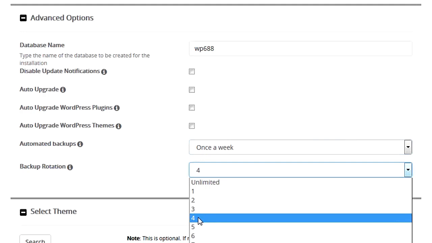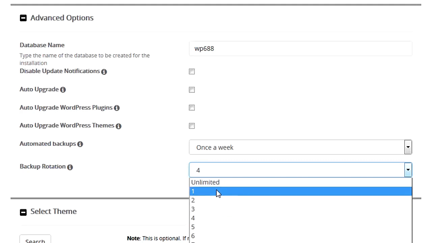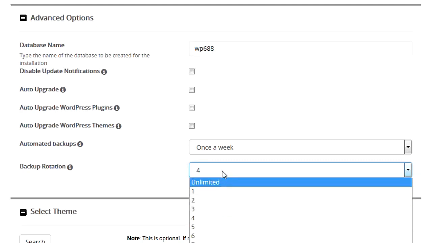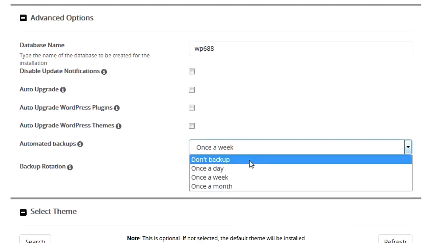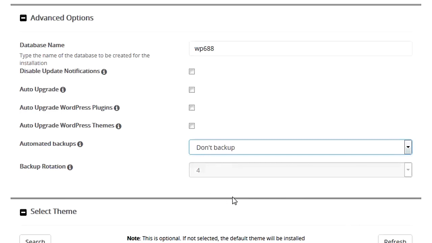Basically what happens here is if you choose 4, then the 5th backup that takes place, the oldest backup is automatically deleted from your server, so you only have 4 on your server at any one time. Unlimited is not a good idea because you'll just end up bogging down your server with all those backups. But I'm going to go ahead and leave this as don't backup because I'm going to be using a third-party